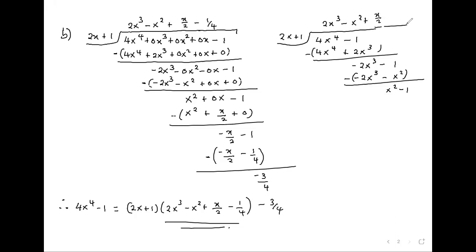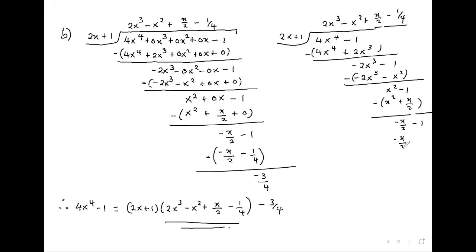Multiply, you get x squared plus x over 2. Subtract, the first one 0, then again you have minus x over 2 minus 1. Then divide, you get minus 1 over 4. Multiply, you have